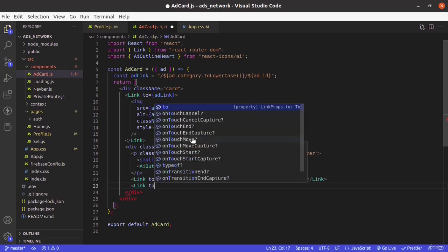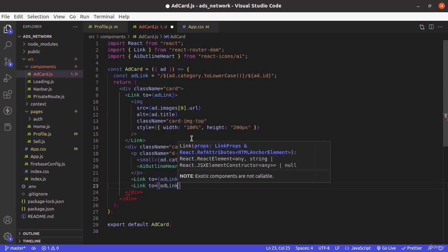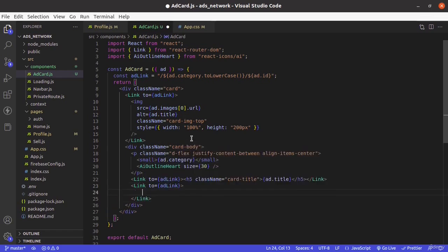So link to... Now I don't want to wrap this entire div with link because there is this heart icon, and upon clicking it, I don't want the user to go to the individual ad page. I would like to mark the ad as favorite or unfavorite. So a p paragraph with class card-text, and then add location,